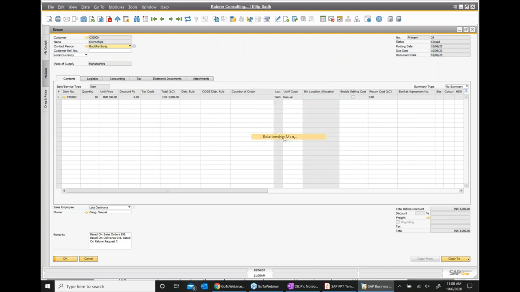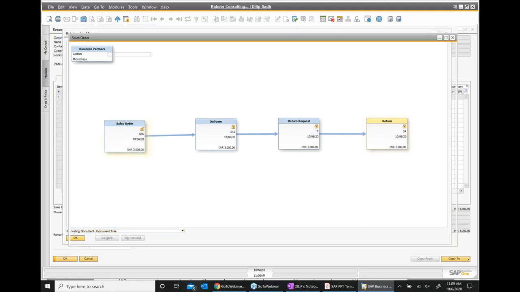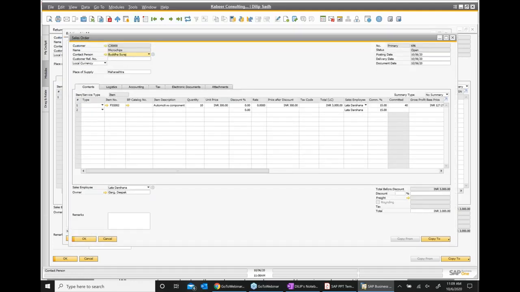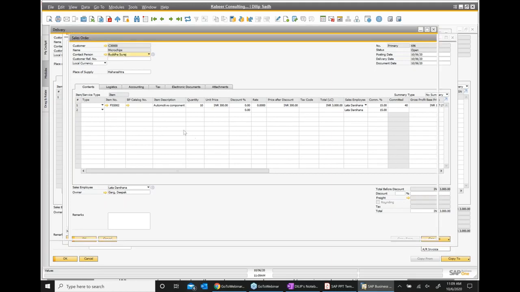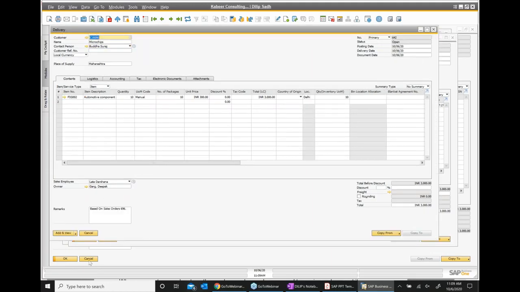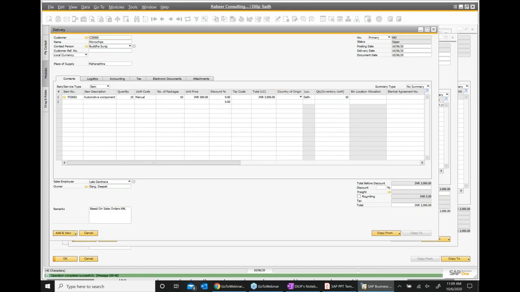Now, if I go to the relationship map, here I have a sales order, delivery, return request, return. I go back to the sales order. Now in this sales order, if I go to the bottom, the system allows me to create a delivery again. Now I create a delivery. I add it. Now what happened?